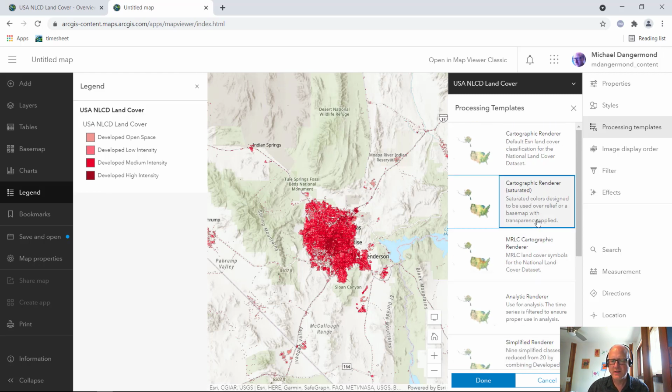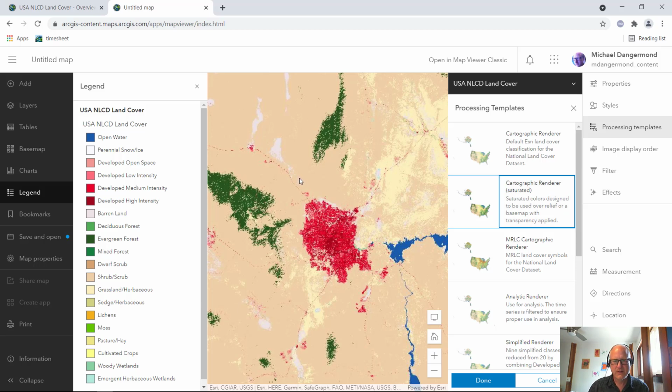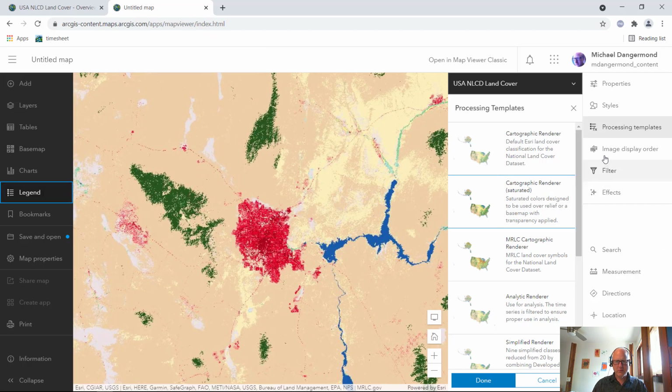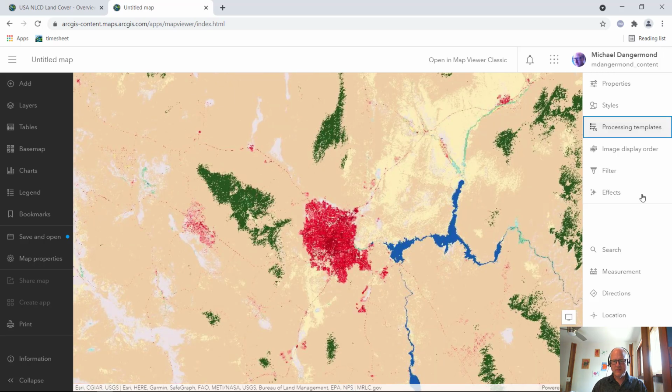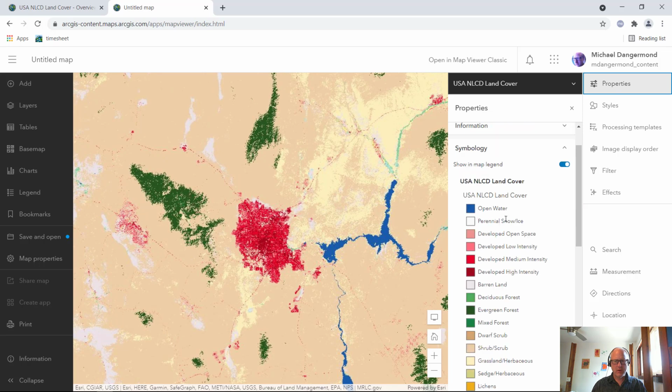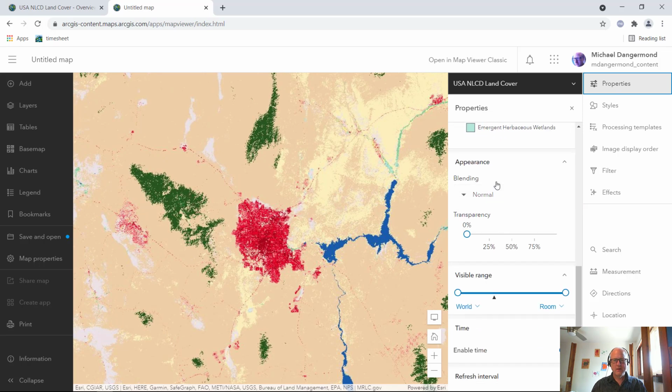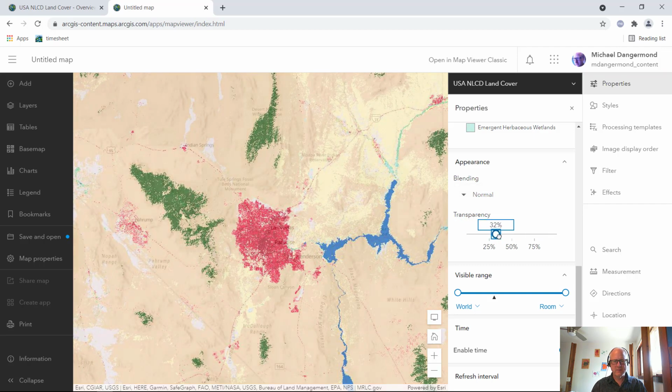Then there's one called a saturated one. Now this gives everything an extra strong color, and the reason the layer was shipped with this is for use with blend modes and effects. Now these are new things that are in the new map viewer. So the blend modes you access through the properties here at the bottom. You see where it says blending, and we have normal. Now we can dial back the transparency here,